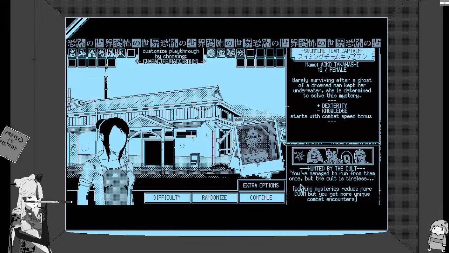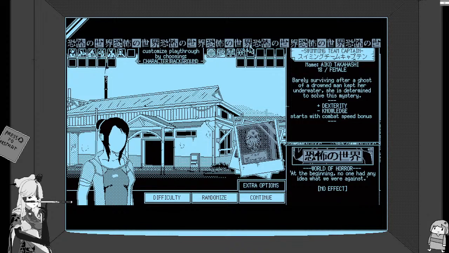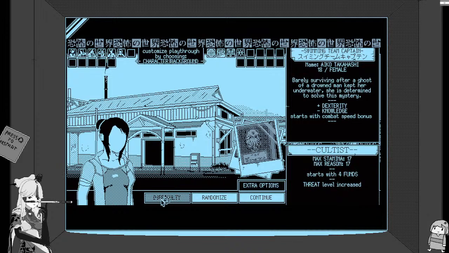Hunted by the cult. You've managed to run from them once, but the cult is tireless. Solving the mystery reduces more doom, but you get more unique combat encounters. The seventh curse. Your family was cursed. Everyone around you will die. You start the game with more funds but can't have any allies, which is really detrimental, much more than you think. But since this is a test, I'm gonna go with